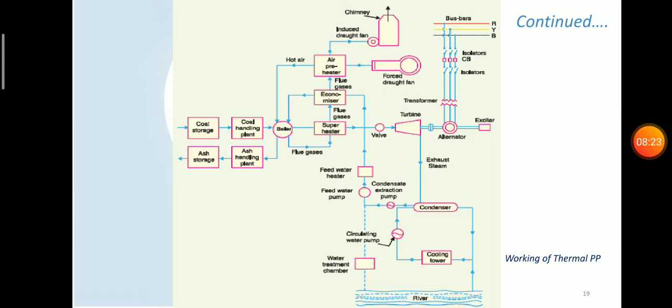And there is a superheater, which is for improving the efficiency of the system by superheating the steam produced in the boiler. It uses heat from the flue gases of the coal burnt. So, by using the heat from flue gases, the superheater will superheat the steam output from the boiler before giving it to the turbine. And another part is the economizer.